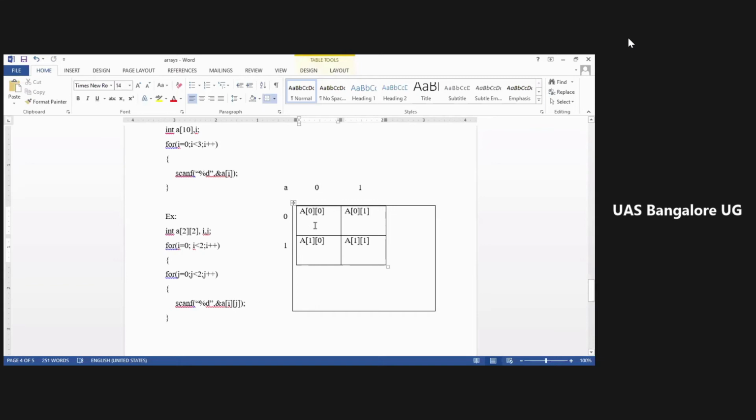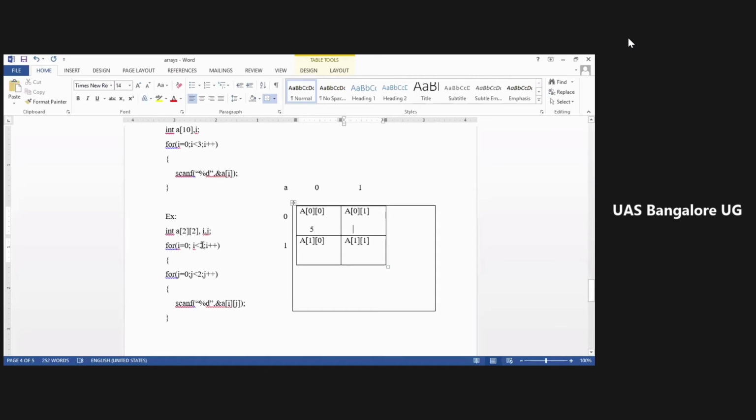At a of 0, 0, whatever value you enter from the keyboard, when this statement is executed, the script asks to enter the array elements. Whenever you enter the value, it will go and sit there. This is how the elements are stored internally.